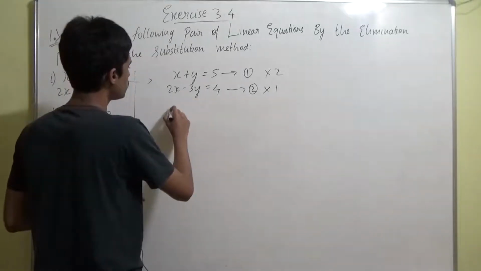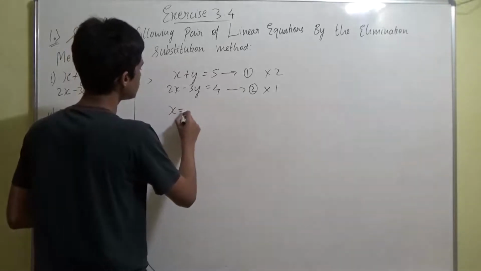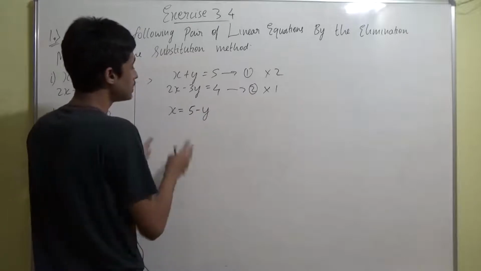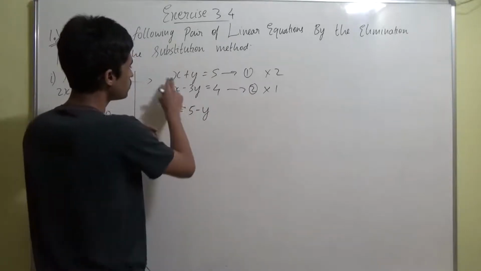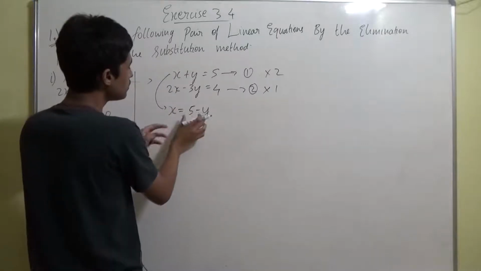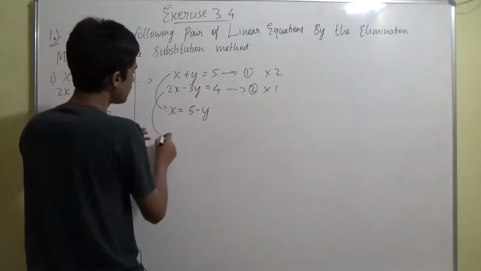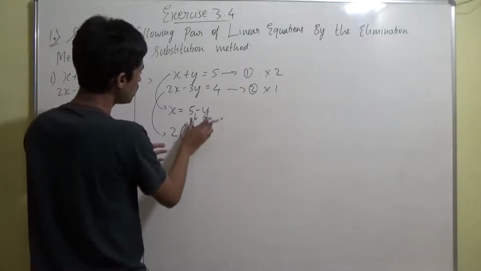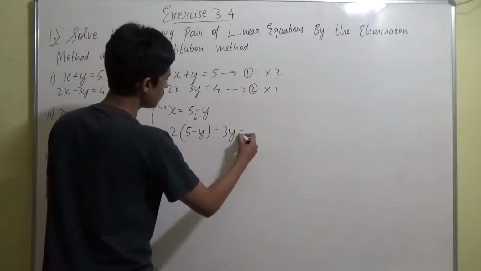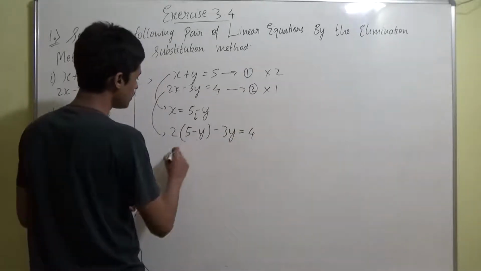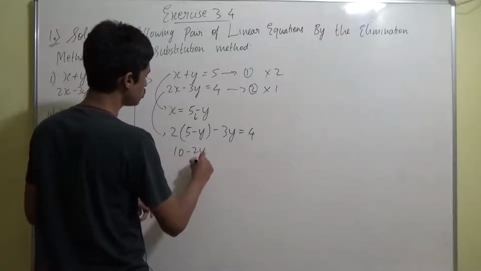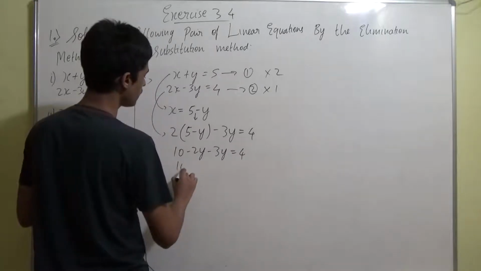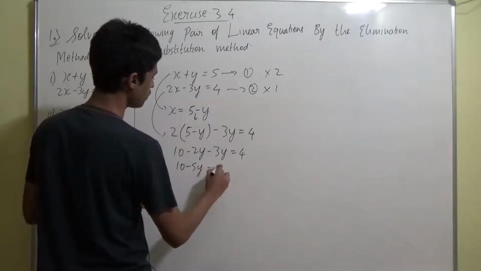So first equation, we'll do one thing. First equation, I'll write x in terms of y, that is, it will become 5 minus y, correct? Now value of x is 5 minus y. This value you are going to put it in the equation 2, which we got from the first equation, right? This I'm going to put in equation 2. Getting it? 2, this whole thing I'm going to put it here, because this is the value of x, right? Minus 3y equal to 4. Done. Now I'll expand it. 2 into 5 is 10, minus 2y minus 3y equal to 4, right? This will become 10 minus 5y equal to 4, right?